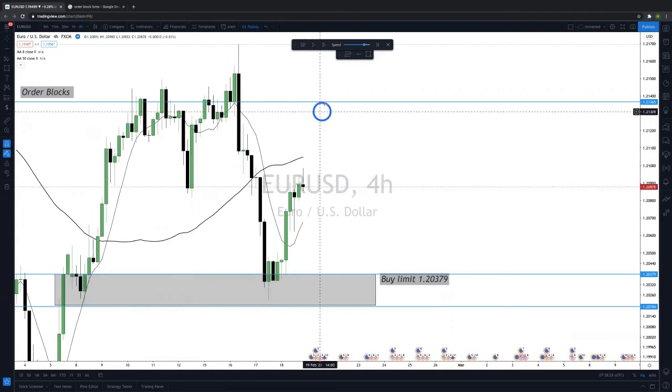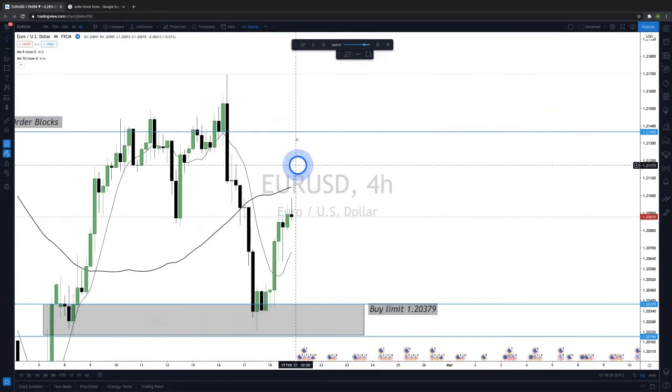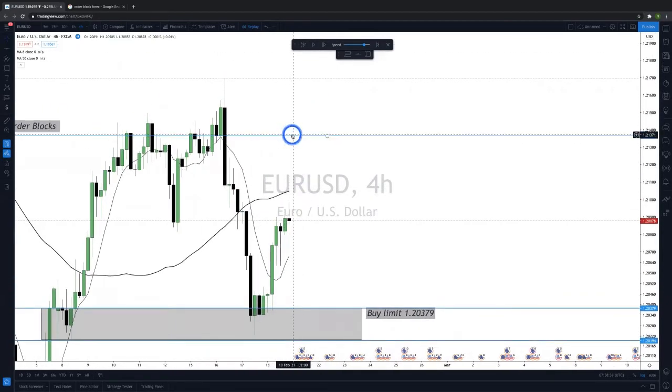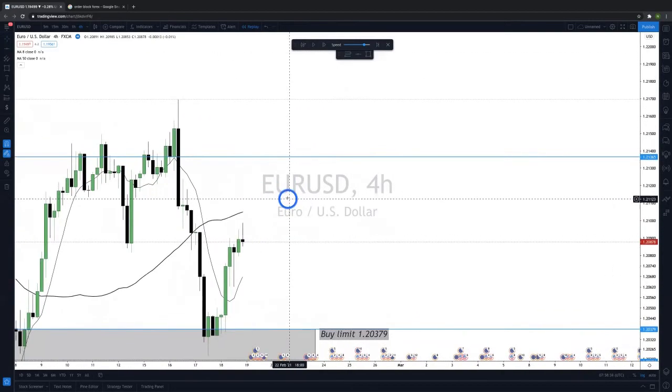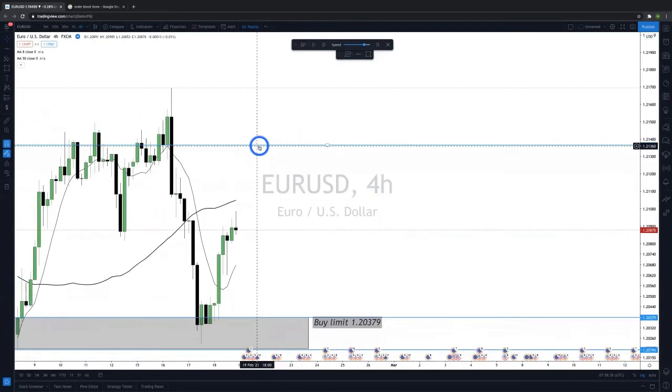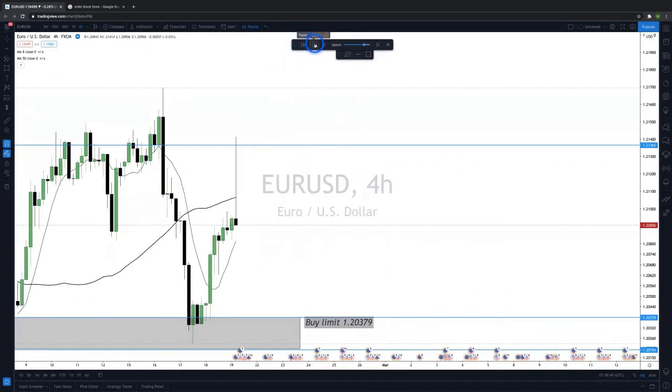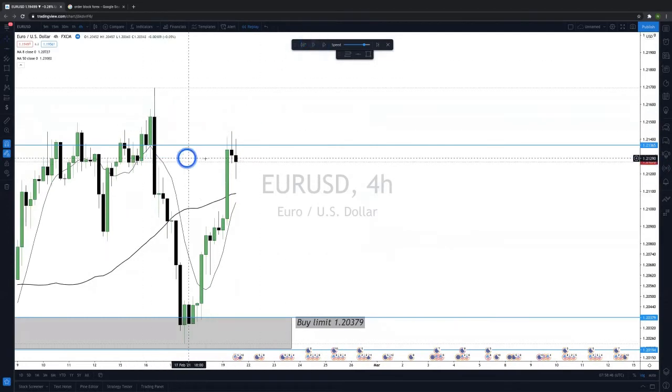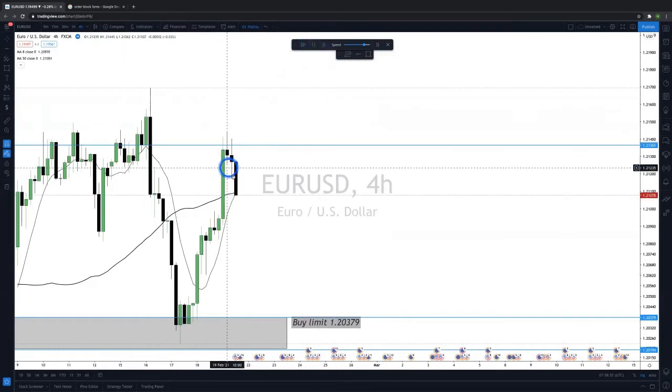This could have been a take profit, but the long-term take profit would have been up here at the actual imbalance, which is the supply and demand zone. And this is where you could have put an actual sell limit for a quick push down, to get a couple pips to the nearest support or resistance. So like I said, price came, this would have been a strong sniper entry. And then next thing you know, price sold down,